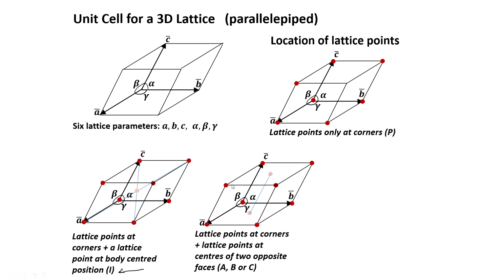So, now I have lattice points at the corners plus 2 lattice points, one at the top face and the other at the bottom face, and such a cell is called a base centered or an end centered cell, and the symbol that we use could be either A, B or C, depending on which of the 2 faces I have chosen. For example, in this particular figure, I have chosen the C face,